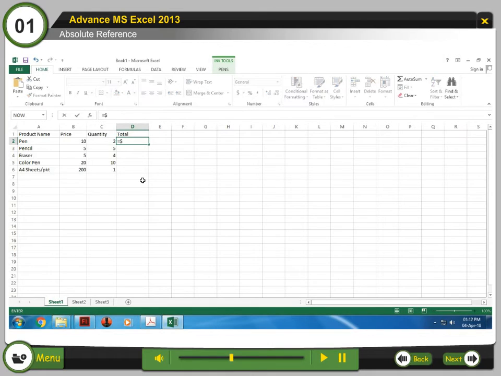Type =B2*10 and press Enter key. Click, hold and drag the fill handle over the cells you want to fill. The formula will be copied to the selected cells with absolute references and the values will be displayed in each cell.